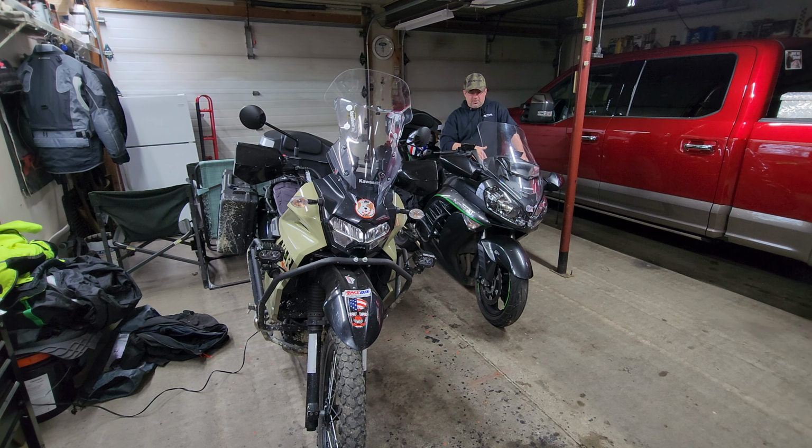Now here's the thing. It's a 4-cylinder, it's an inline 4. It's a stupidly reliable engine. There's actually a guy out there right now that's about to crack 300,000 miles on the original engine, right? He's never had it apart other than adjusting valves, changing oil, doing normal maintenance. So if you found one with 50, 60,000 miles on its clock for $3,000 to $5,000, you're getting a world-class superbike engine in a comfortable touring bike that can support two up, long distance cross country over and over and over again